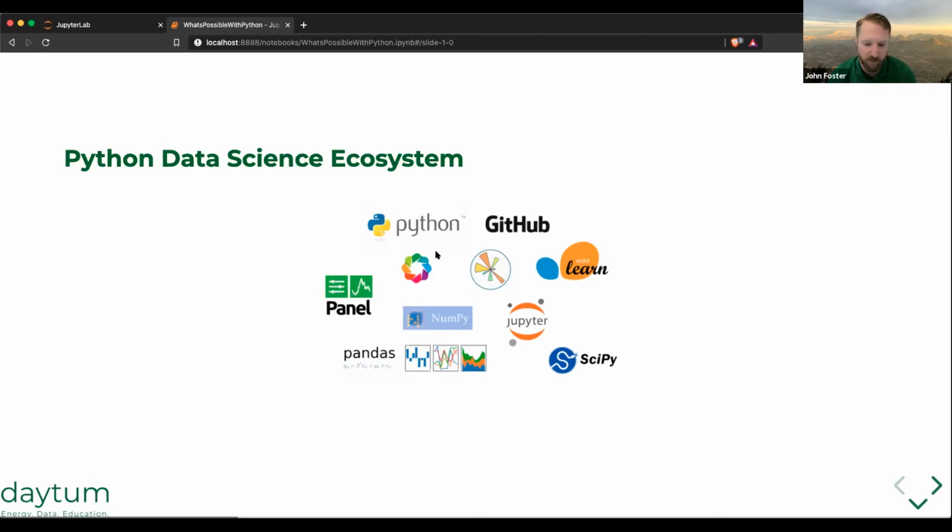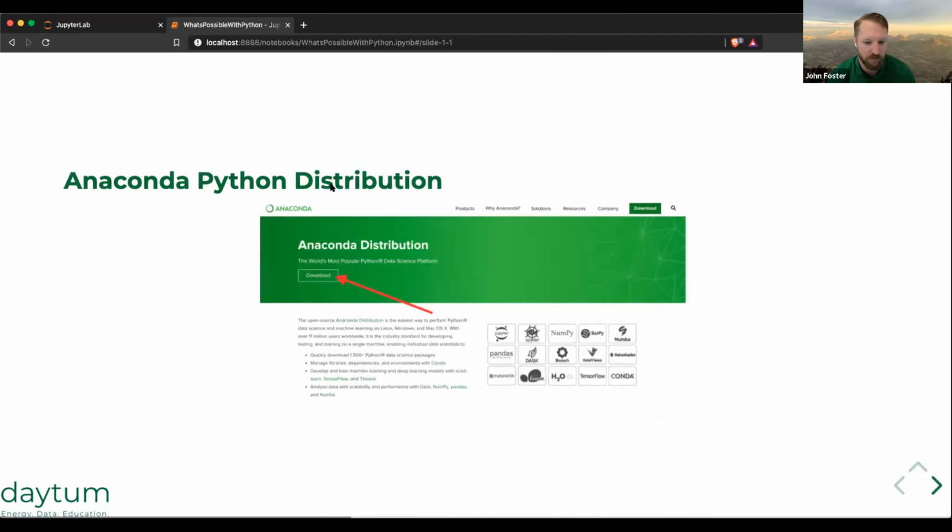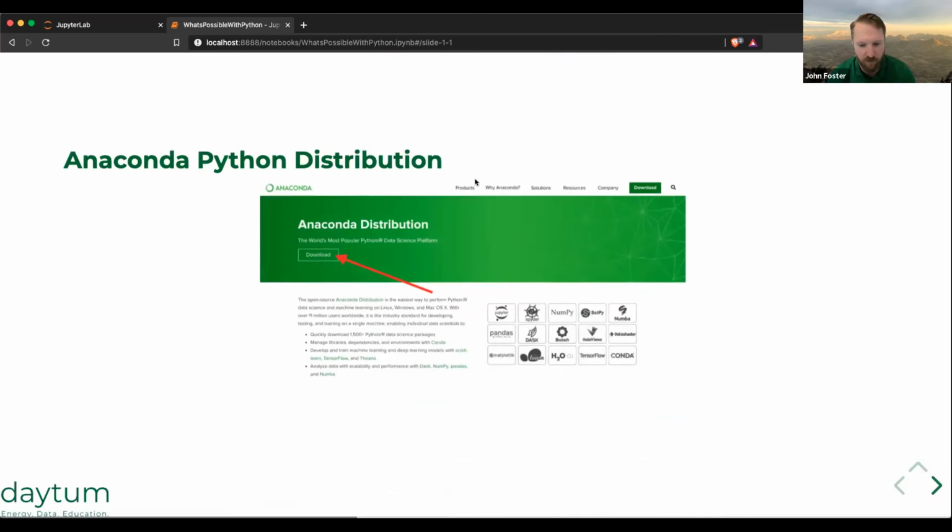Now, it might be intimidating to the uninitiated to say, well, wait a minute, Python happens to be on my Mac or Linux machine, but what about all those other libraries? How do I install them? How do I make sure they're compatible and whatnot? The answer is that the easiest way is to download the Anaconda Python distribution. It's a one-click download